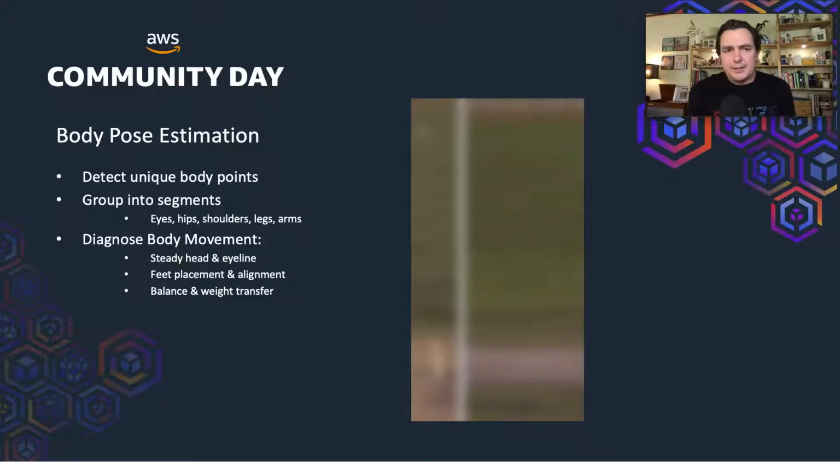Next, I used a technique called body pose estimation, and you saw some of this in the previous video. In this video we can see individual body points, which are the dots being detected as a player is actually moving through a bowling action. And then I've been able to group those into particular segments around their eyes, the hips, shoulders, and legs and arms. And this is really useful to be able to detect a lot of movement issues through a very fast